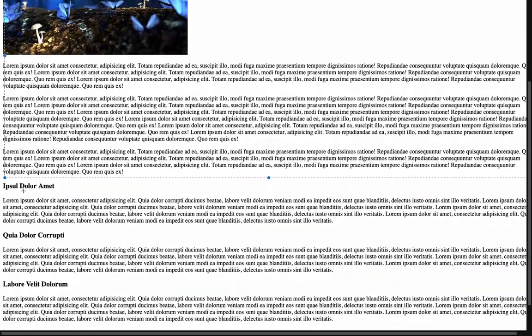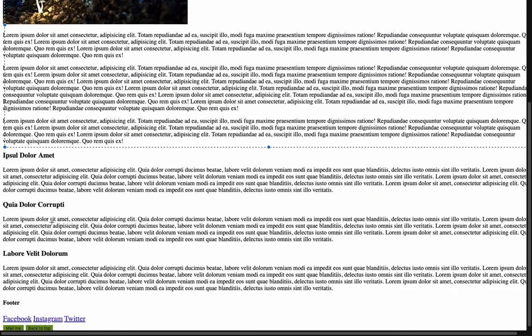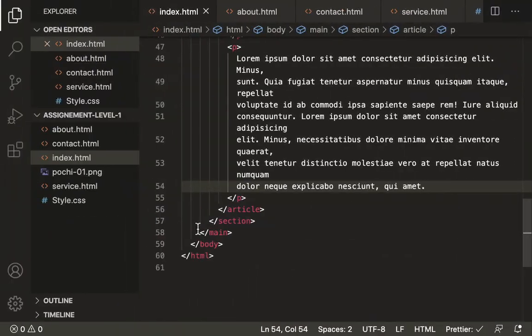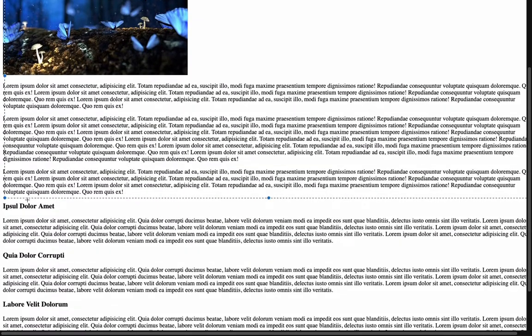Then we will start our second article, that is having different heading. Alright, so everything is fine so far, so good. Let's get into the next section here. Alright, so from here our next section is starting.